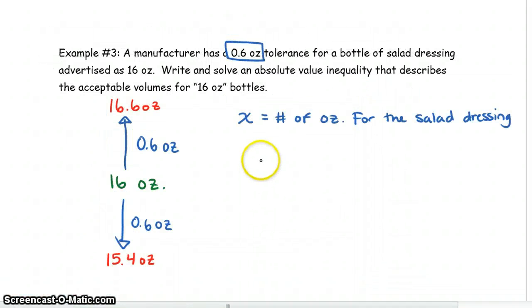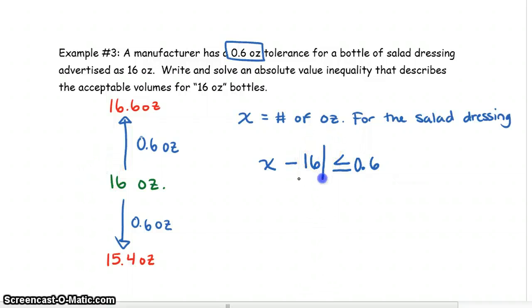And we're going to go ahead and take this x, which is the number of ounces for the salad dressing that we have, and subtract it from 16, which is the ideal, the average 16 ounces of salad dressing we would like. And we know that it has to be less than or equal to 0.6 ounces because that's the tolerance that we have. But we don't want to assume that it's always going to be less, since it can be greater than. We do know that we have to say